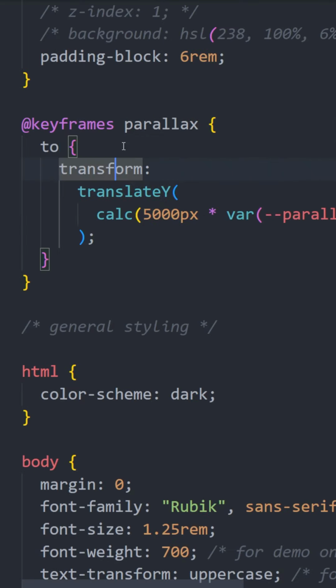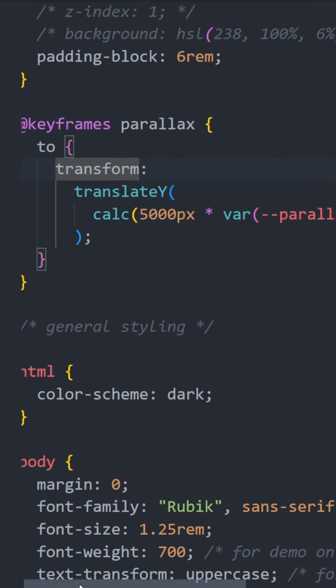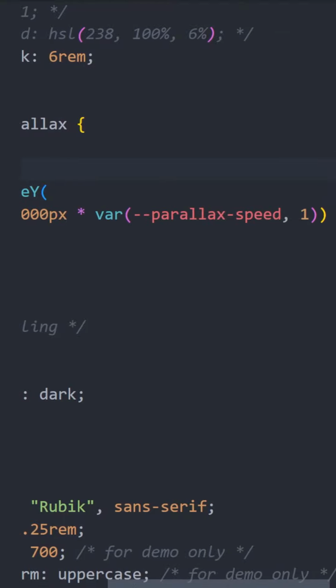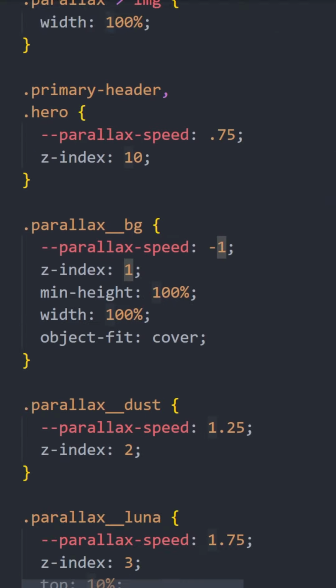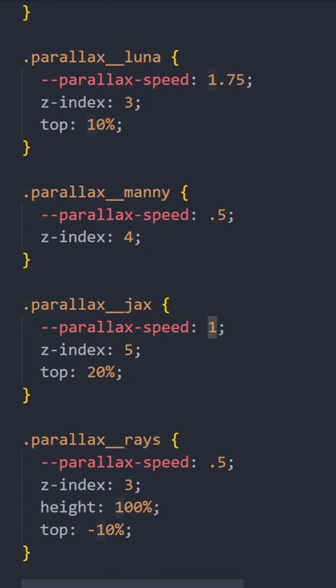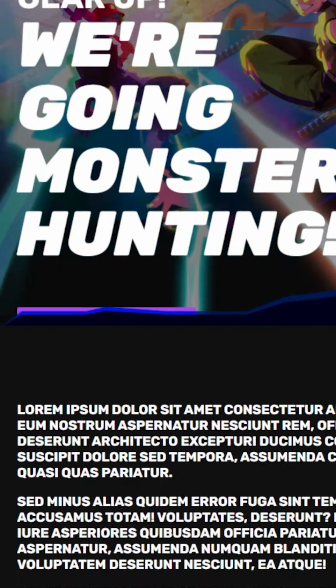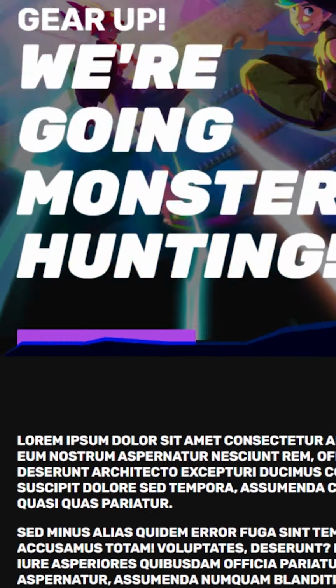Of course, I could remove that from here and then move it to all of my elements that I want. The trick here is in our keyframes to use a calc to multiply or translate y by a custom property that we can use to control the speed. Then on all the individual elements, I can assign them all their own speed. Then with all that in place, you can see that we have all these different elements scrolling at different speeds as they're moving up and down, and we get